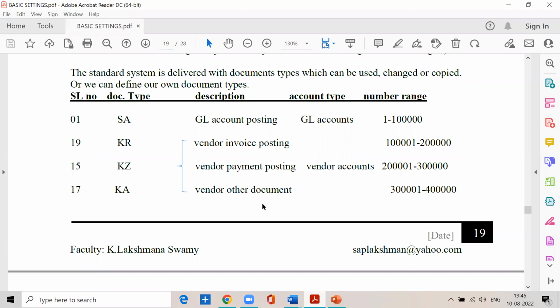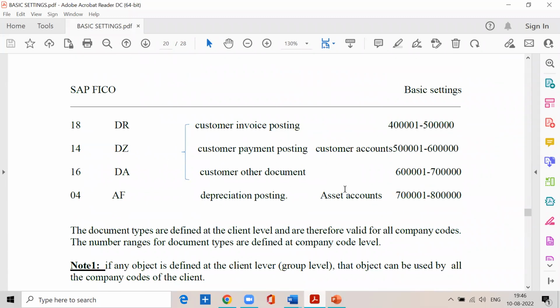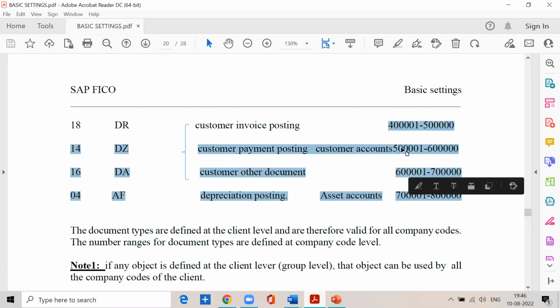Say for example, it's only an example. Remember, it's not standard. For document type SA, we assign the number range 1 to 1 lakh. Then for KR, we assign the number range 1 lakh 1 to 2 lakhs. Then for KZ, we assign the number range 2 lakh 1 to 3 lakhs. For KA, we assign the number range 3 lakh 1 to 4 lakhs. And for these document types, we assign these number ranges. As a result,